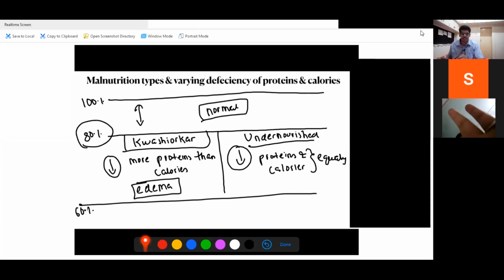So if you want to find the 60% of the expected weight, for example, same example, the 4-year-old child, his expected weight was 16. To get the 80% of 16, you multiplied 0.8 into 16. Again, if you want to get 60% of 16 kilo, you have to multiply it by 0.6. So now in the next slide, we'll study below 60%.